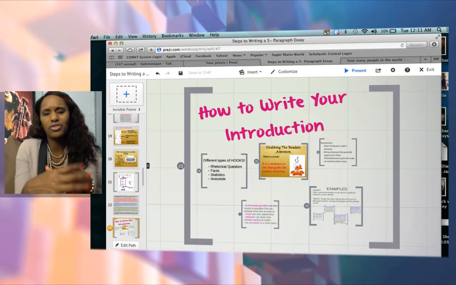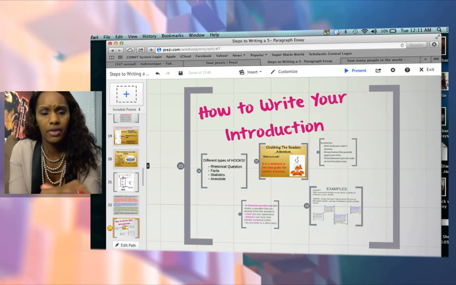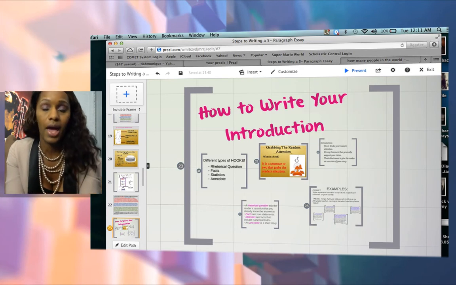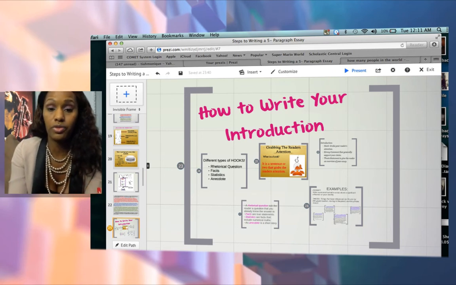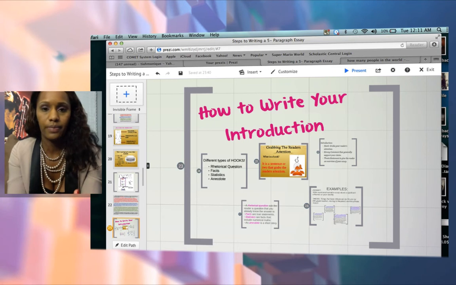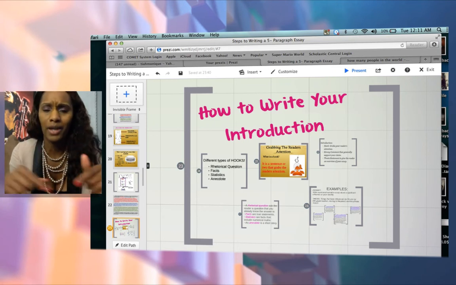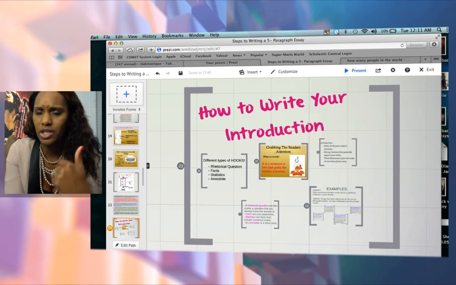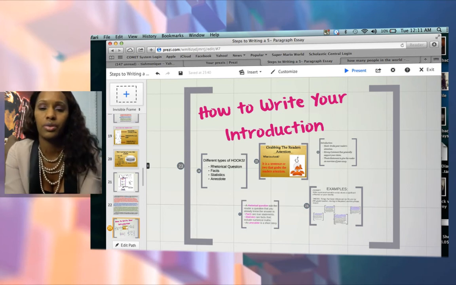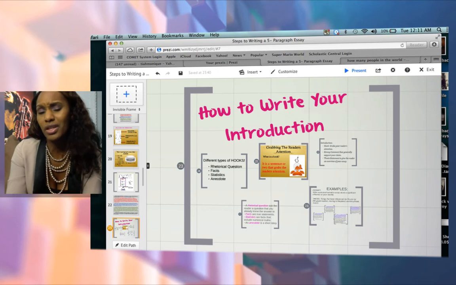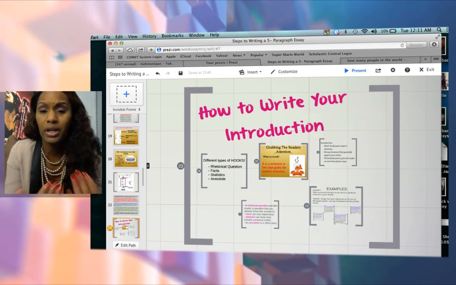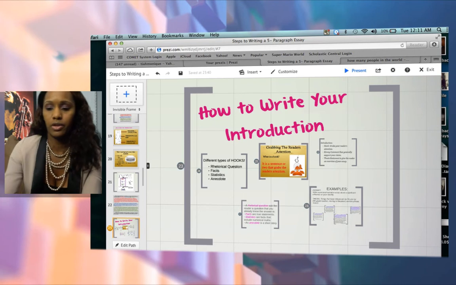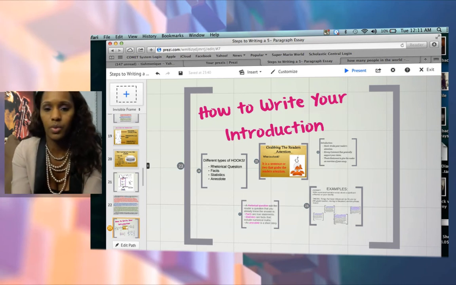Now, how to write your introduction. That's really important. Now that you all should have your thesis statement down pat, hopefully I was able to go through them all with you. But what do you do now? You start your introduction. Remember, your introductory, when you think about that body, is the face. And a lot of times it's warm when you have a smiling face to greet you. Imagine if the face wasn't as happy. You probably wouldn't be inclined to really get to meet that person. Same thing with your introduction. If it's not great, guys, more than likely someone wouldn't want to continue. They're not going to want to meet you or keep going with the conversation.